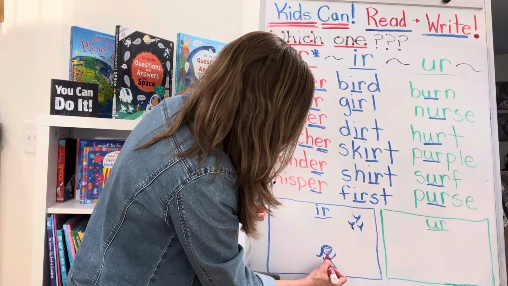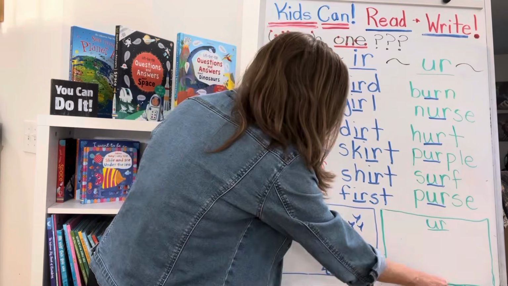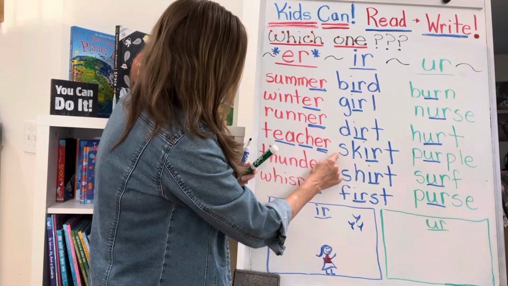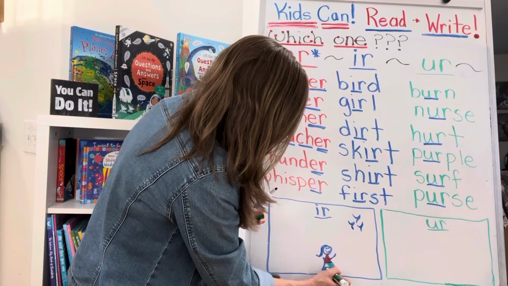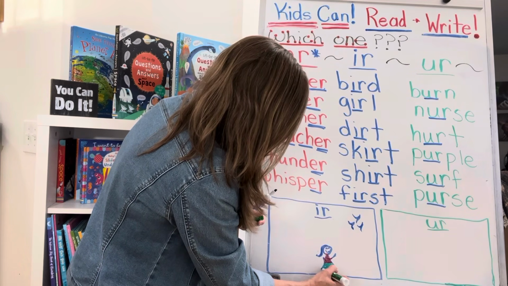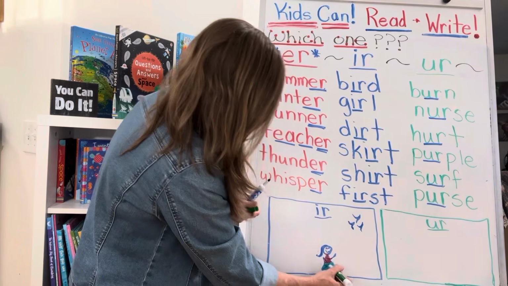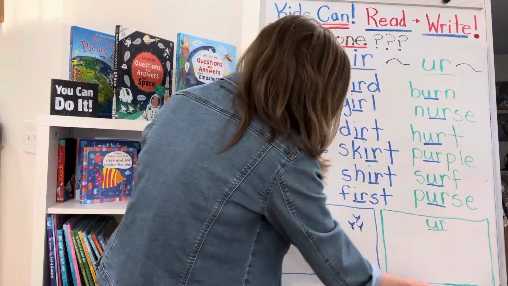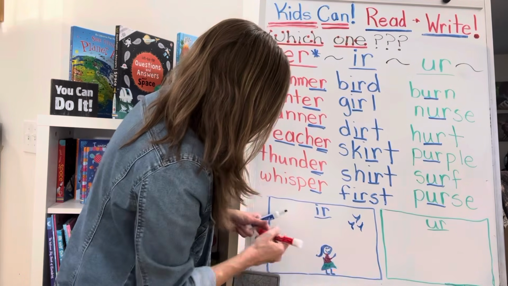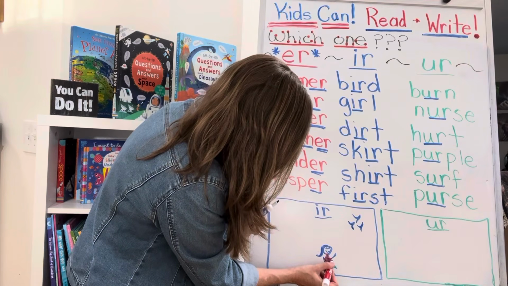So here's the shirt. I'm going to draw a shirt. And then down here is going to be the skirt. So if you want to make your girl have a shirt and a skirt, that'll put 2 more words in our picture. So she's wearing a shirt and a skirt. Skirt's a little big. Let's see if I can make it fit her better. So you just draw little pictures in,